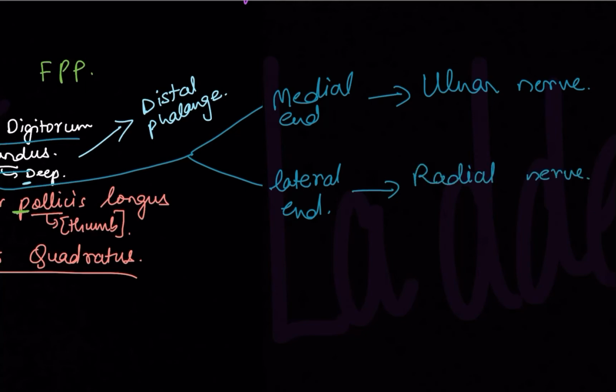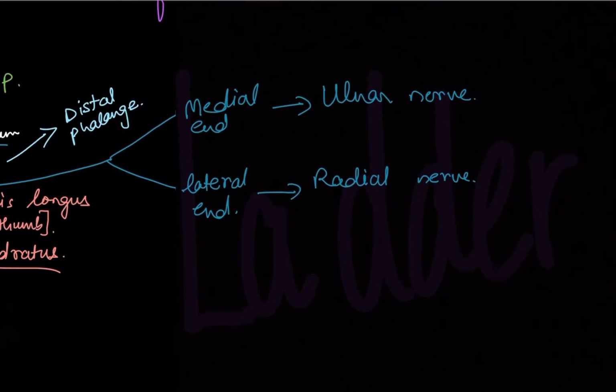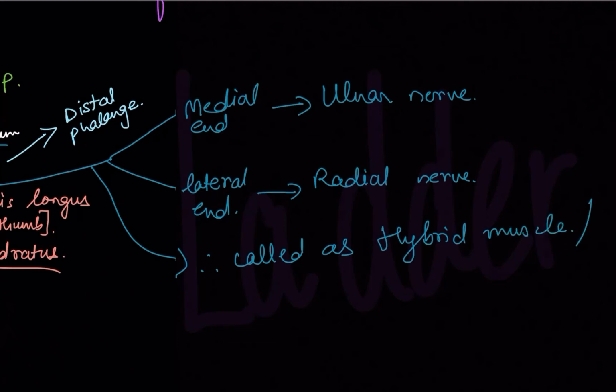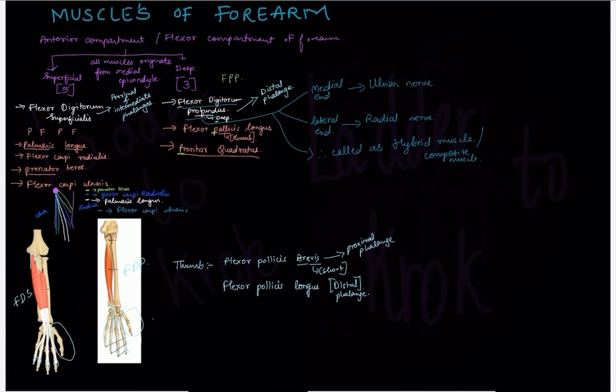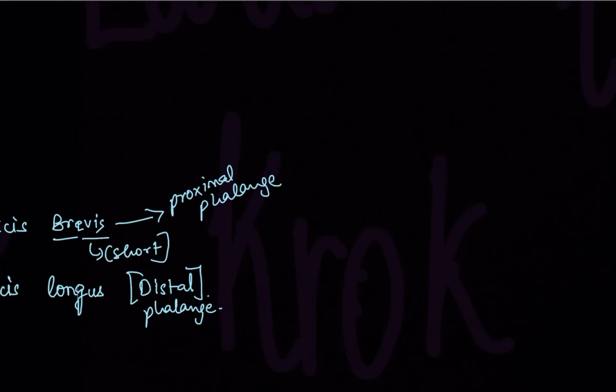So what type of muscle does it become? One muscle, more than one nerve supply. It is therefore called a hybrid muscle, or composite muscle. We have done one more hybrid muscle, that was brachialis, right? So that was also a hybrid muscle. So let's know about the nerve supply